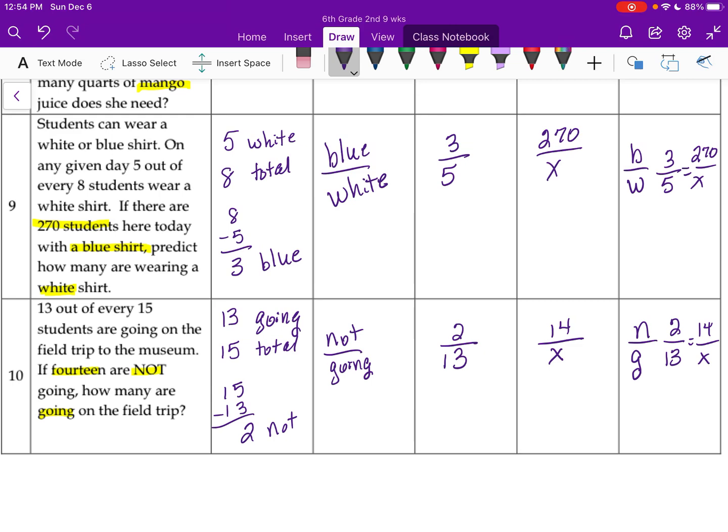Okay, so hopefully with us going through those 10 questions, you're starting to get an idea of how to set these ratios up, how to set these proportions up, so that you can get the answer. The first part is you have to set it up correctly. Once you set it up correctly, then you can just cross multiply, or multiply by your factor, or set up your ratio table, depending on which way you like best in order to get your answer. But before you can do any of that, you have to understand the question. So hopefully going through those 10 questions helps build a foundation. And as you go